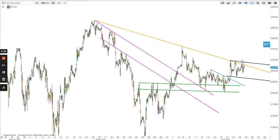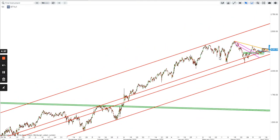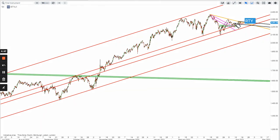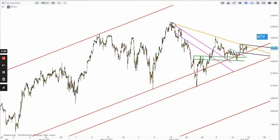And the Russell is also within an uptrend. This here, the bull flag back test, what we bought at 2100, and then later on it kept on pushing, and it smashed through the purple resistance. You can see here quite a few touches. The purple resistance was broken, then came